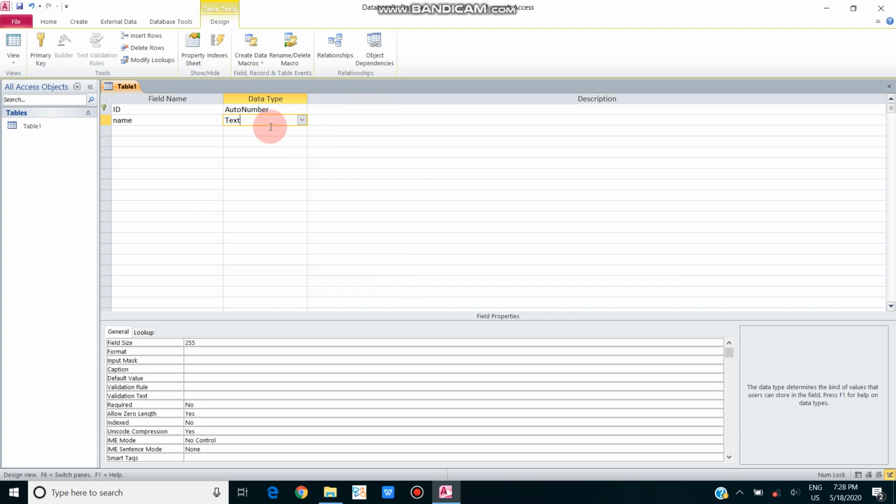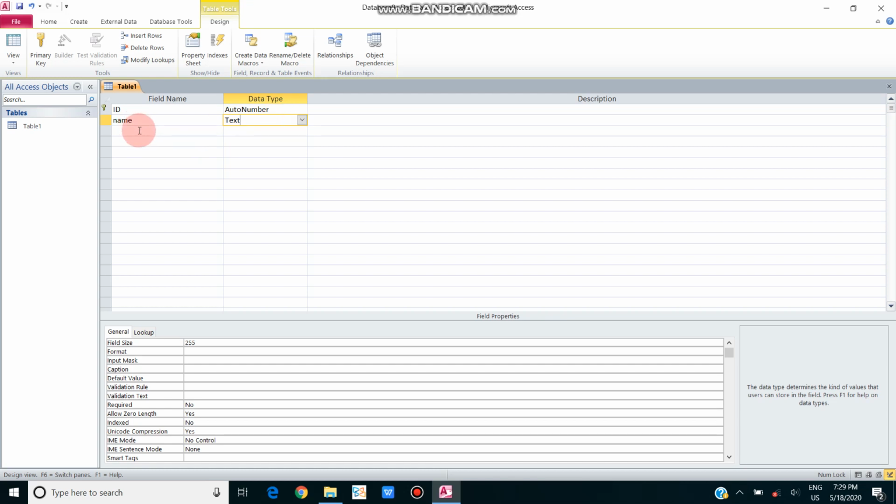Okay, here name. Students, what is the meaning of data type? It means what kind of data you are entering. Your data may be text, ABC, your data may be in a mathematical form, your data may be in a date or time form, your data may be in an image form, or your data should be in yes or no form. That is the different data types. We have to divide every category into a data type. So obviously name is text. Name can only be text, ABC.